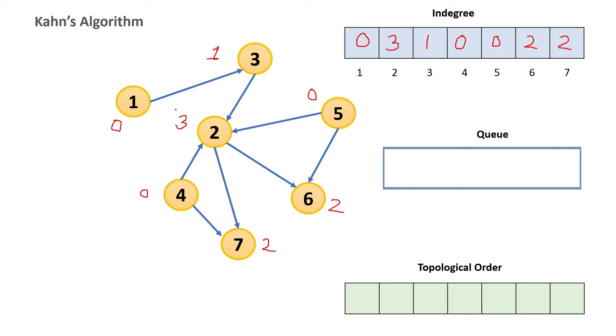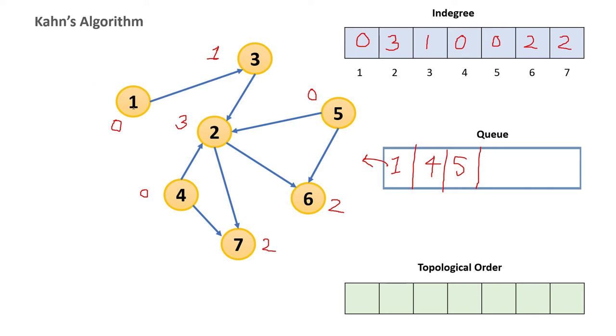So now suppose I am starting with node 1 here. Before that, we have to check how many nodes have an in-degree value of 0. Those nodes I can put inside a queue. So first 1 I will put in the queue, then 4, then 5. Then I will process this queue until it is empty. So the first value I will process is 1, which I will take out of the queue, or dequeue.